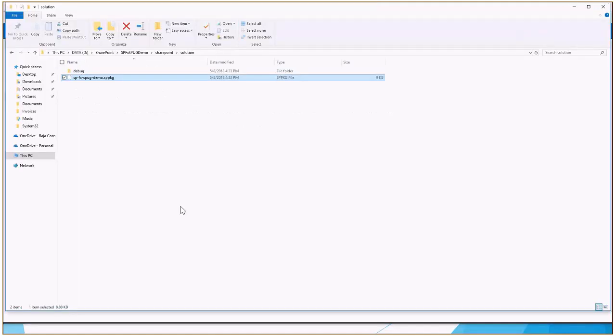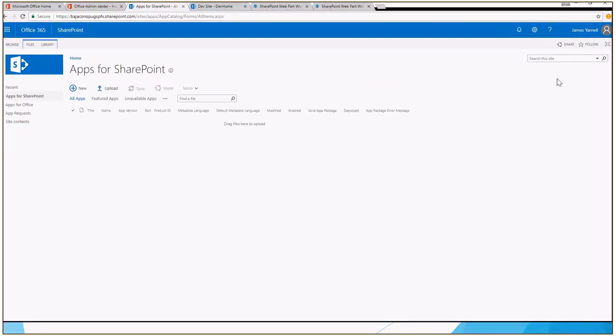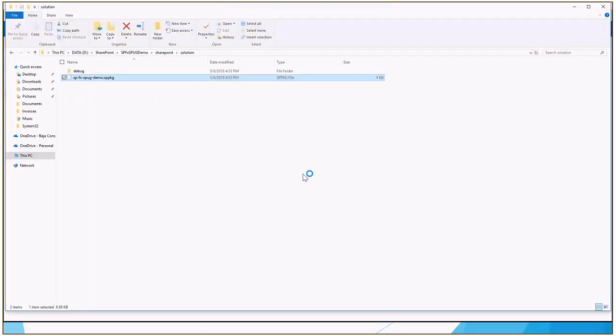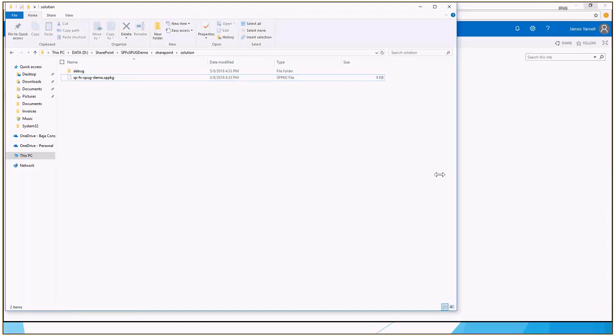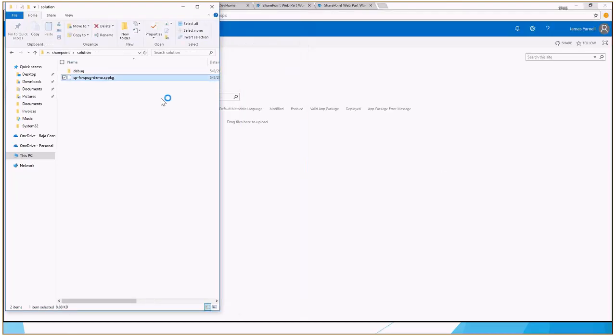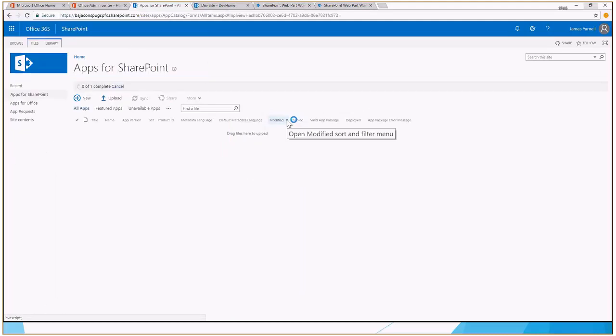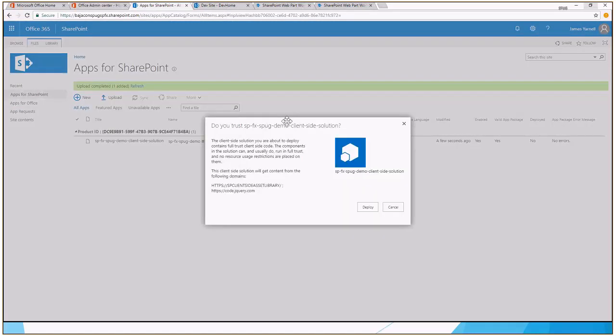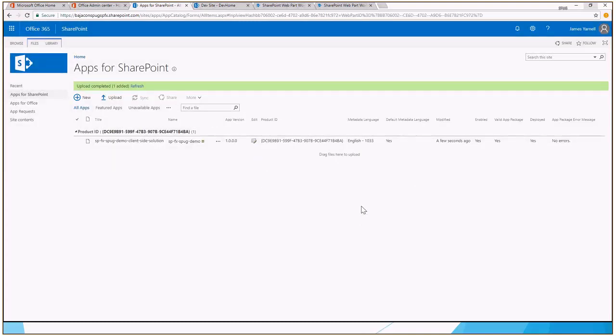So maximize this so that it's there. And then hopefully, well, you're going to go, oh, come on. There we go. Drag and drop. And it asks you, do you want to deploy your solution? Of course, I'm going to deploy it, which of course your admin should know what they're deploying, where they